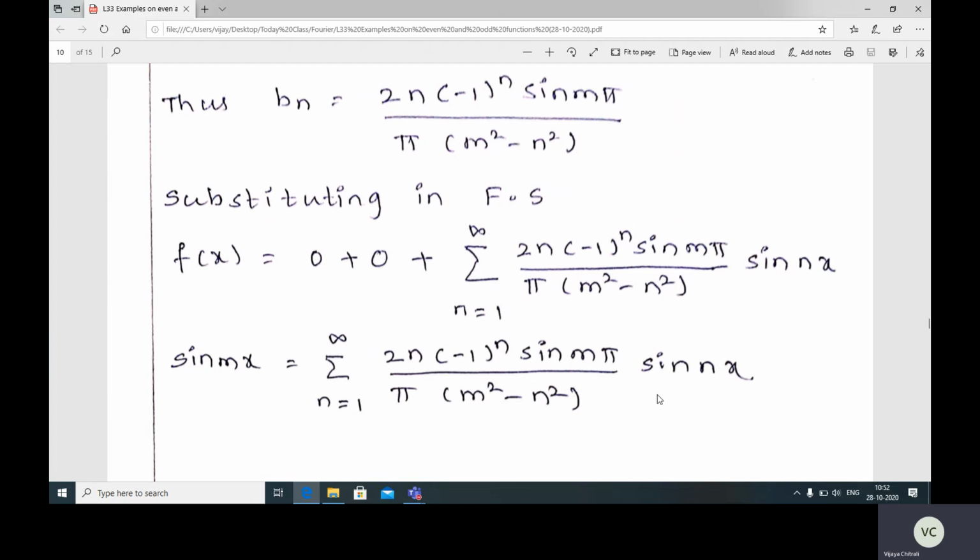So today I'll stop here only. In tomorrow's class, or in the next class, we'll discuss a few more examples on even and odd functions. If possible, we'll discuss Fourier series having an arbitrary period, because so far we have discussed Fourier series having period T as 2 pi. So arbitrary means other than 2 pi, so the period of that function will be other than 2 pi, right? So we'll discuss that in the next class. So thank you everyone.